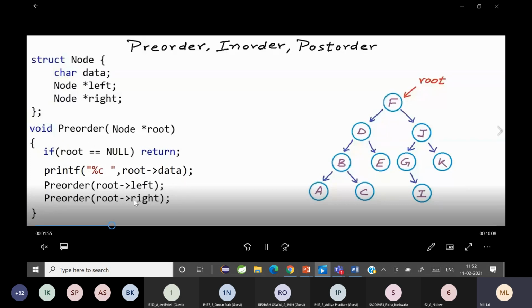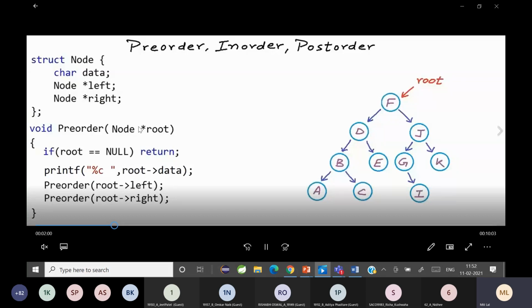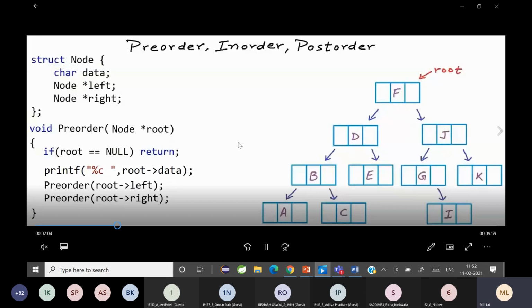Yes, this is the pre-order recursive algorithm. Now you know what the root node is. It's a pointer to the root node. Now if the tree is represented, which representation is this? Linked list representation. So there is a left side, a right side, and the data.